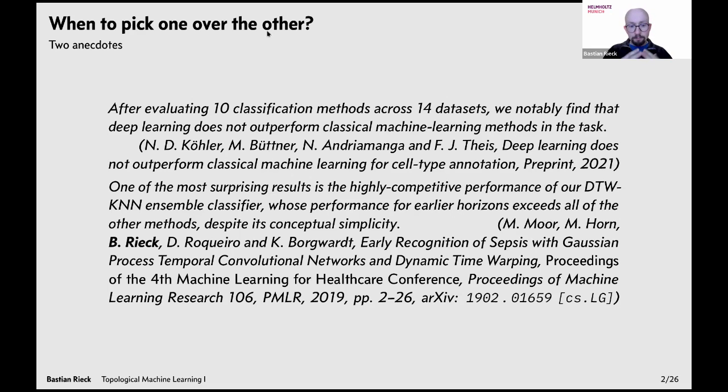So again, this shows that there's still ways where your classical models can outperform more elaborate ones, but you really need to check. You really need to pick and choose and really need to be somewhat